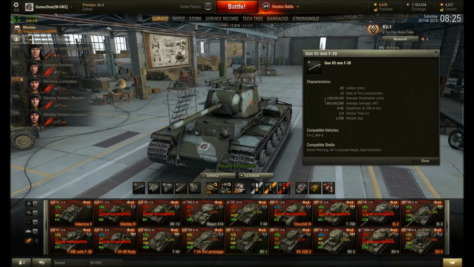But in return you get good penetration. The base penetration with armour piercing with this 85 is 120mm, which is pretty good. And firing 12 rounds a minute, 80 with 120 penetration is good. You're not doing a huge amount of damage, 160 per shot, but your DPM is going to be